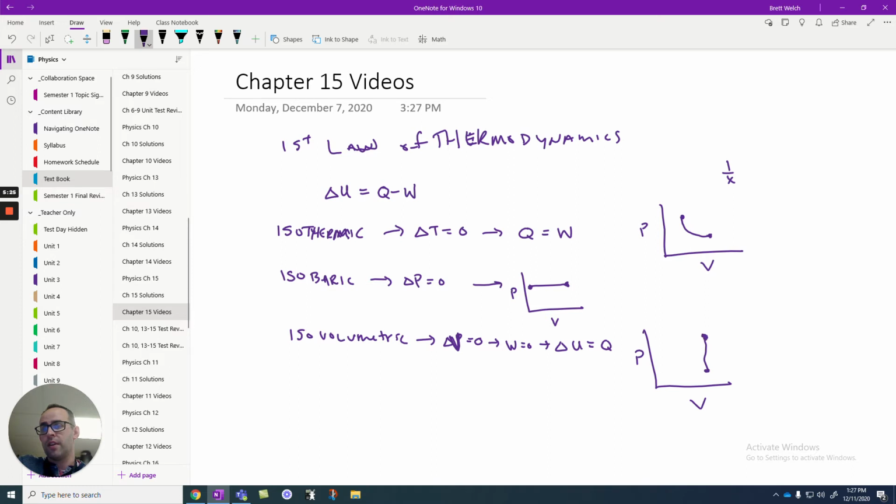Whoops, that's not a very good example. But imagine that it's straight up and down, that would be isovolumetric. You're going to draw a few PV diagrams. It's going to tell you, hey, stage 1, this happened, stage 2, this happened. And just use these 3 different shapes of curves to try and get from point A to point C, or back to the beginning if that's where they want you to get to.